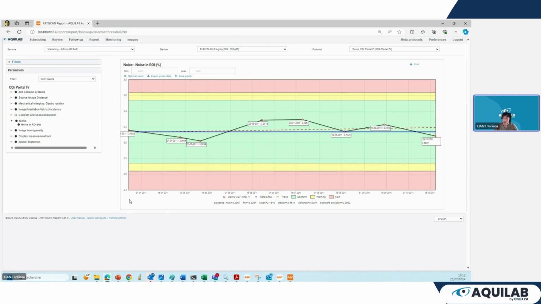So this is a quick overview of what ARTISCAN can do in clinical routine, and I will pass to David for the presentation.